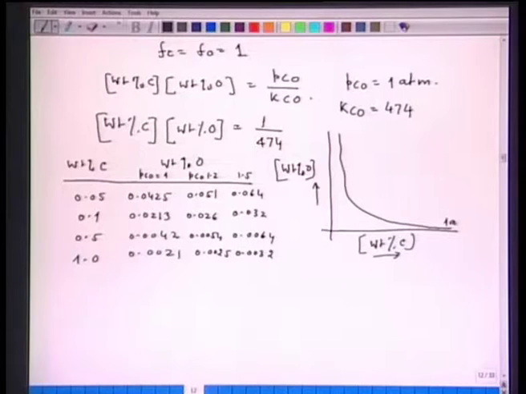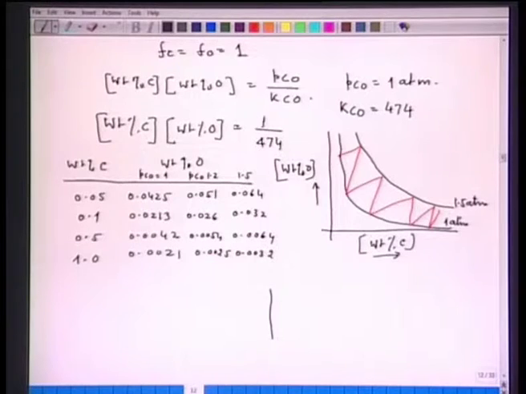So, if I plot these values, or just show schematically, if this is 1 atmosphere PCO, then somewhere here I should have 1.5 atmosphere, and this particular range may be the range of partial pressure of CO. What I want to say from here is that an increase in the partial pressure of carbon monoxide increases the oxygen dissolved in steel. Now, you must be wondering what this means. For example, if I consider a hot metal bath.